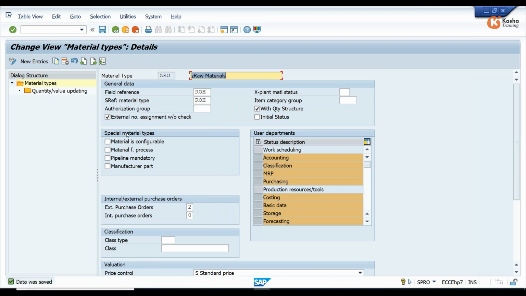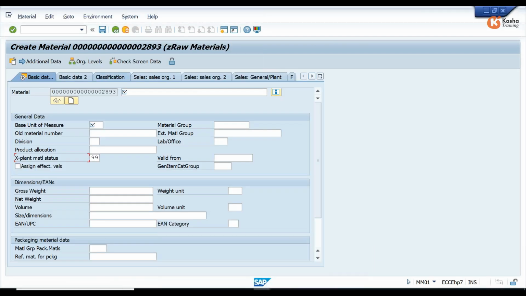Next is external number assignment. External number assignment without check means that if you use this checkbox, the system will not check whether some number range has been assigned for this material type, meaning an external number range. So I'm going to select this. Then I'm going to create a material with external number assignment with the same material type. Look, slash n MM01,